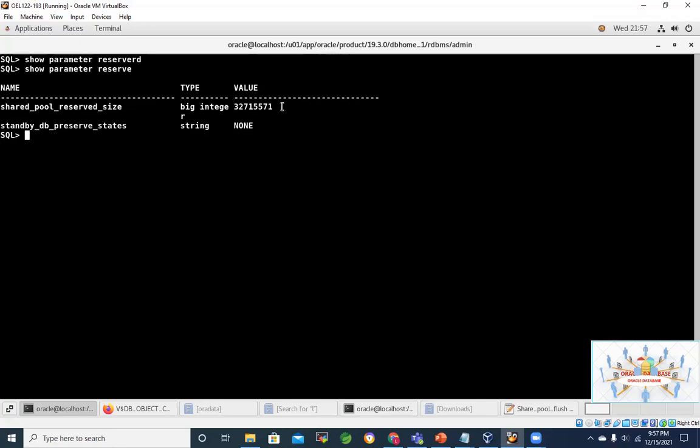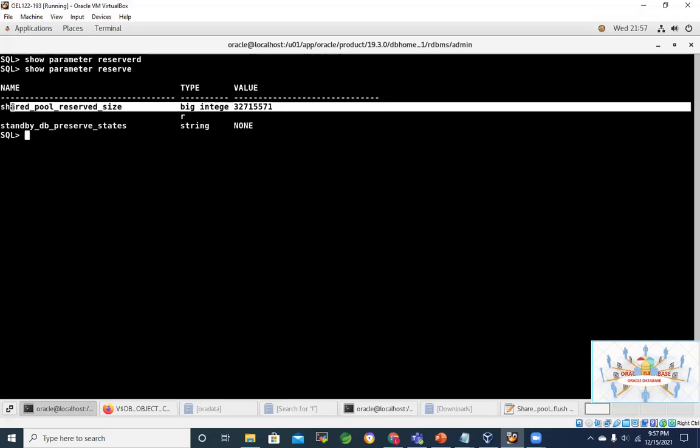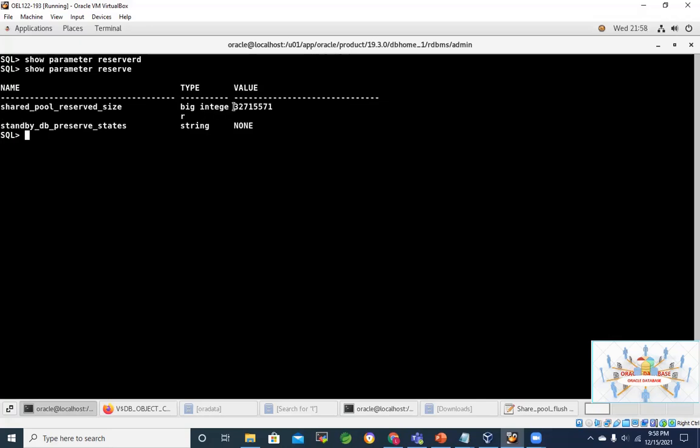Actually, this value is set by default in the 19c database. Of course, in 12c also there's a default value. And we can check, normally it comes as 5%. 5% from the shared pool size, 5% from the total current shared pool size. So that is how the value is being taken. And we can take a look at that parameter.